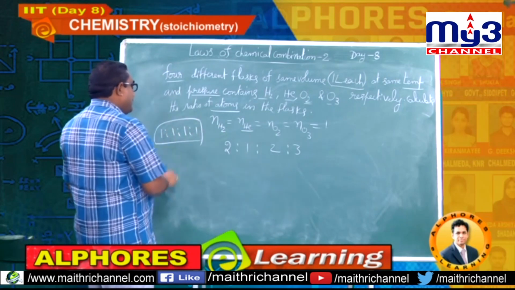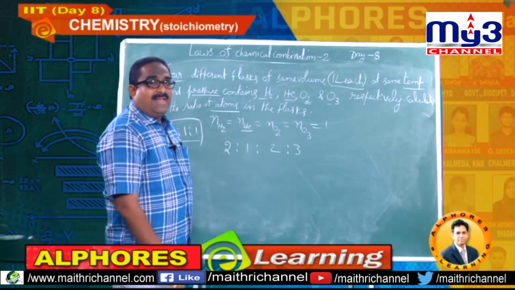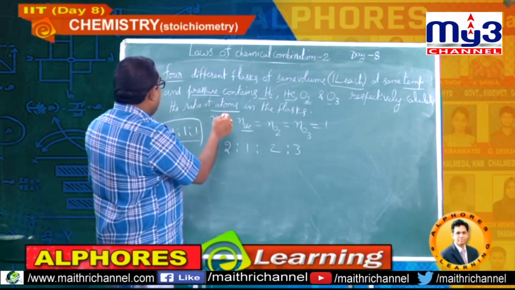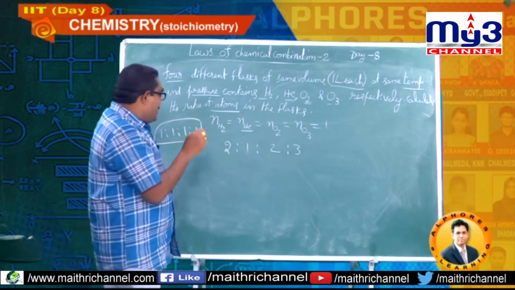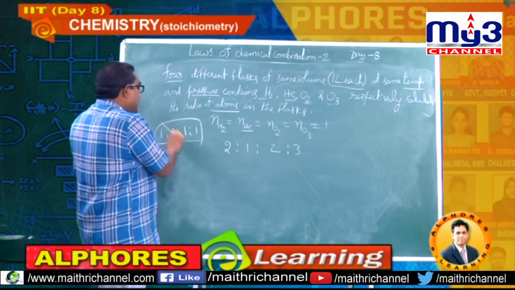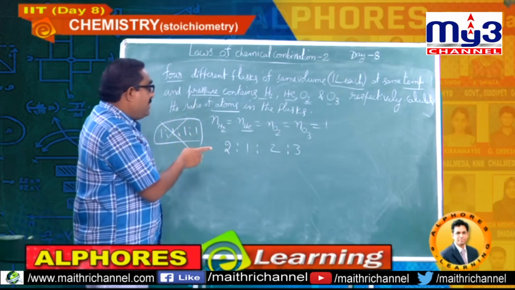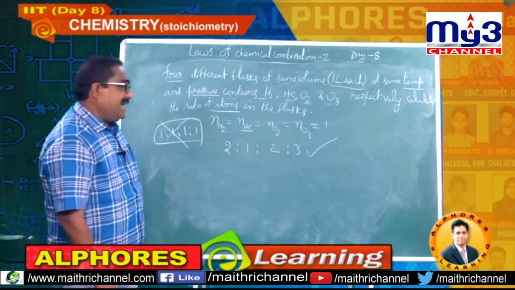He will give the answer 1:1:1:1 in the first option, students, because mole ratio is same. The moment while answering this question, we are going to apply Avogadro's law. So immediately, usually many of the students will go for the first option. It is the wrong answer. This is the mole ratio, but the atoms ratio is this. Be careful, students.